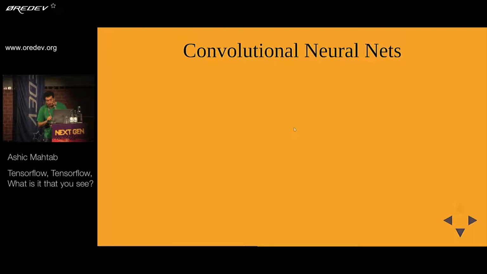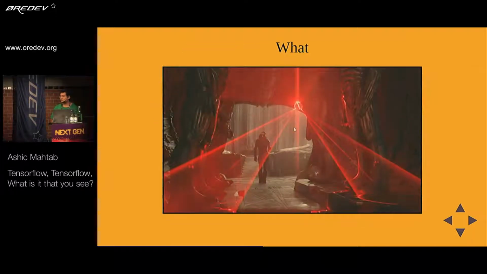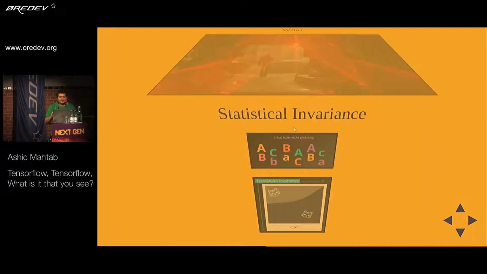Right. So now we'll talk about some different types of neural nets. The first is convolutional neural nets. Who's seen a movie where a robot or something basically just scans line by line, a robot, an image, or something. Everybody's seen that, right? So what they're trying to, apart from looking cool, that's kind of what they're trying to convey.